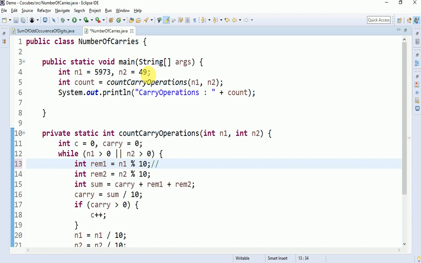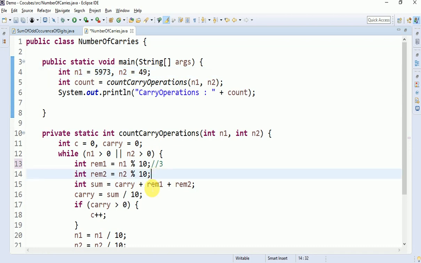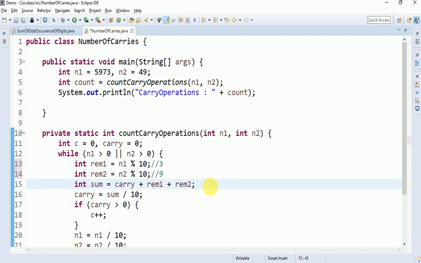Here you are taking num1, right? It is 3, so it gives you the last digit, right? So if it is number 2, what is the last digit? It's 9. So 9 plus 3, what is the sum? 0 plus 9 plus 3, so it is 12, right? So you get 12, but 2 is written under it and the carry would be 1.